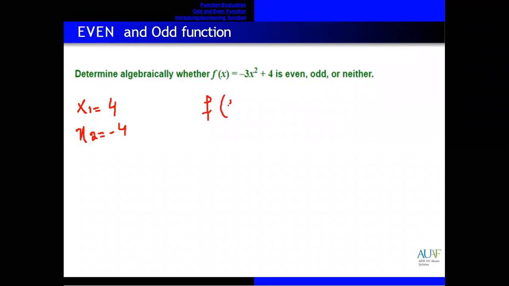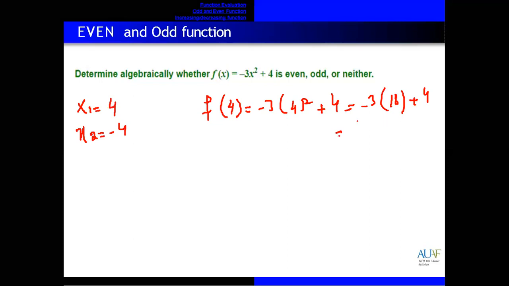So if our first one, f(4) = -3 × 4² + 4, so equal to -3 × 16 + 4. Minus 3 with 16 equal to 48, but minus 48 plus 4 equal to -44. It means f(4) = -44. If we give x = -4,